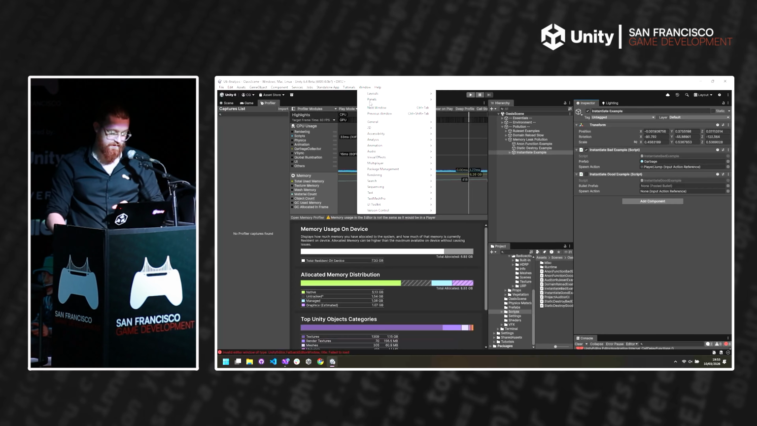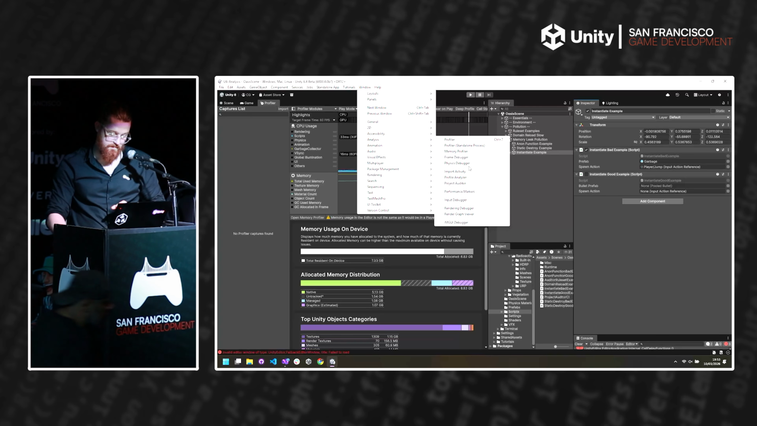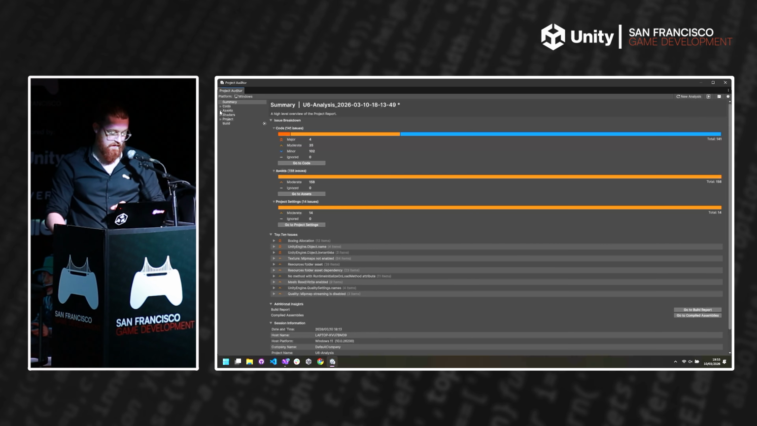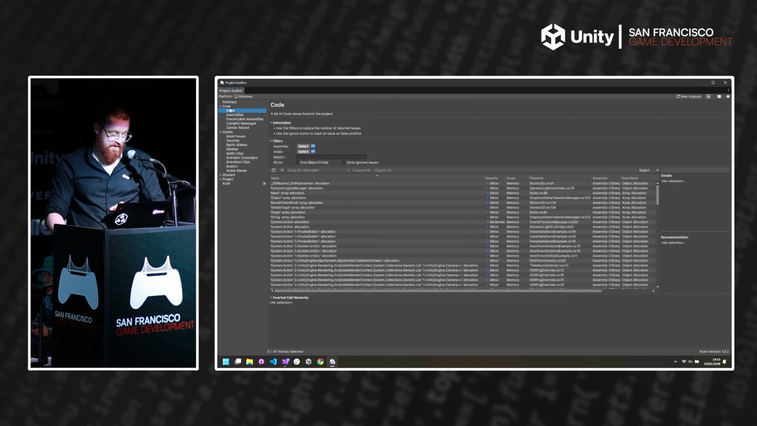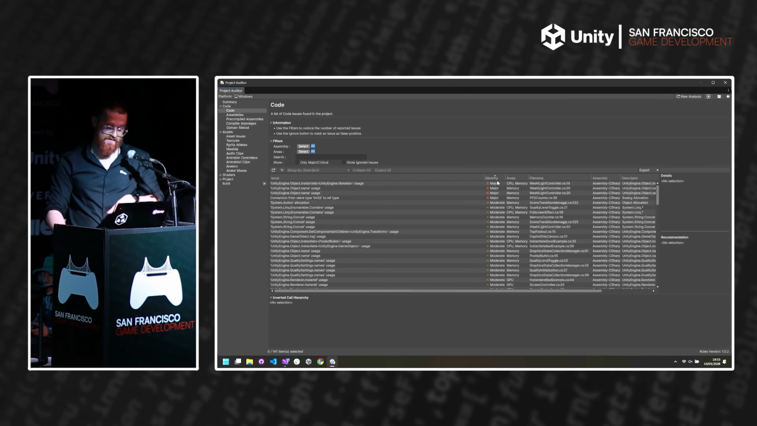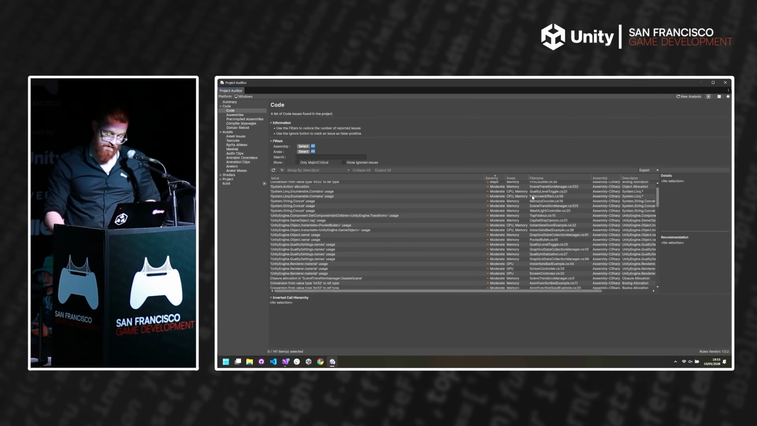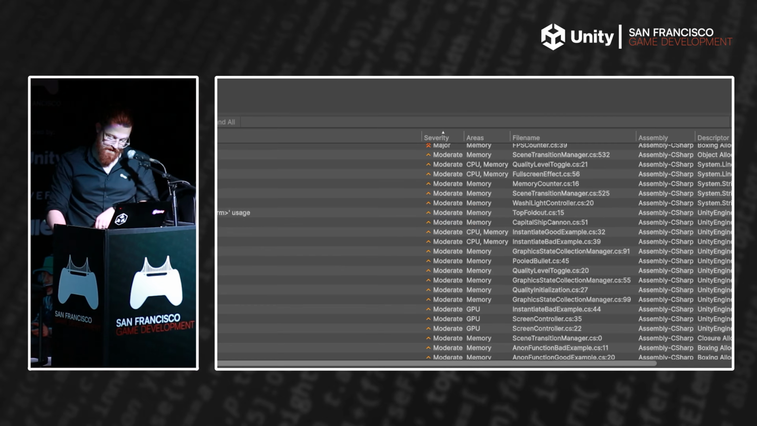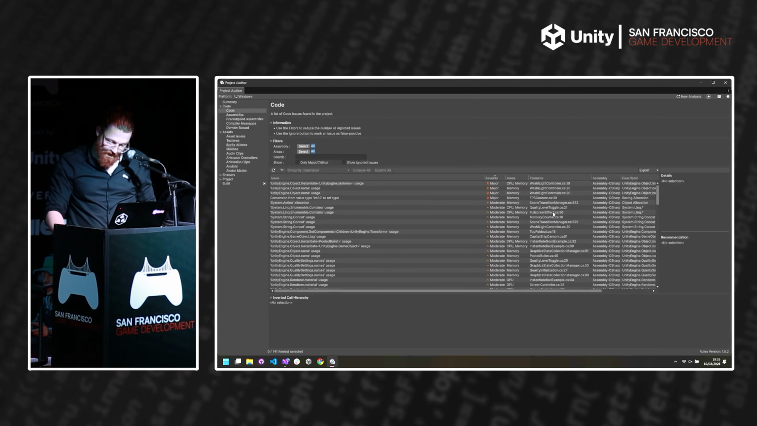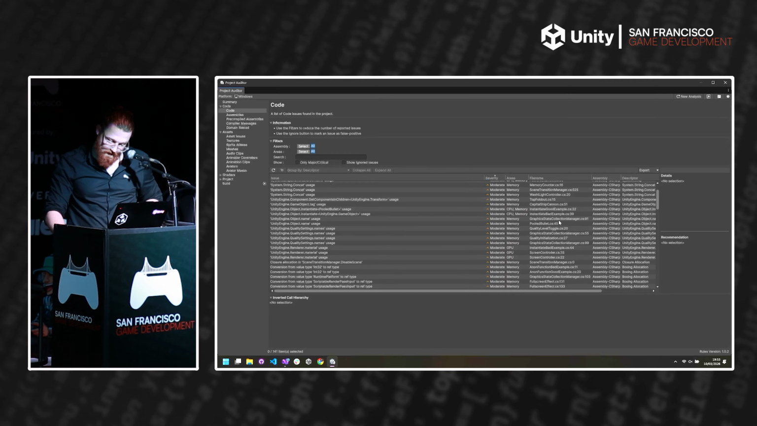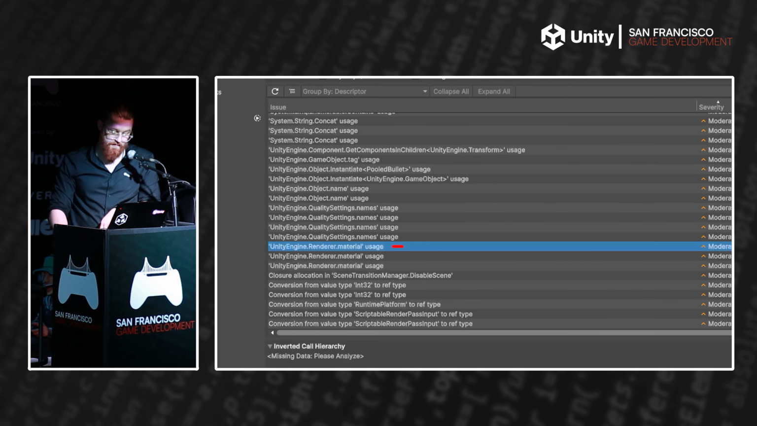If we load up the project auditor again, I go up to analysis and look at our project auditor. We can see under code, I'm going to reverse the severity here, and I can scroll down on the right-hand side here, and let's have a look and see if we can locate the bad example. So here we have Unity engine.renderer material usage. Now that's exactly the issue that we just identified that sprung the leak,